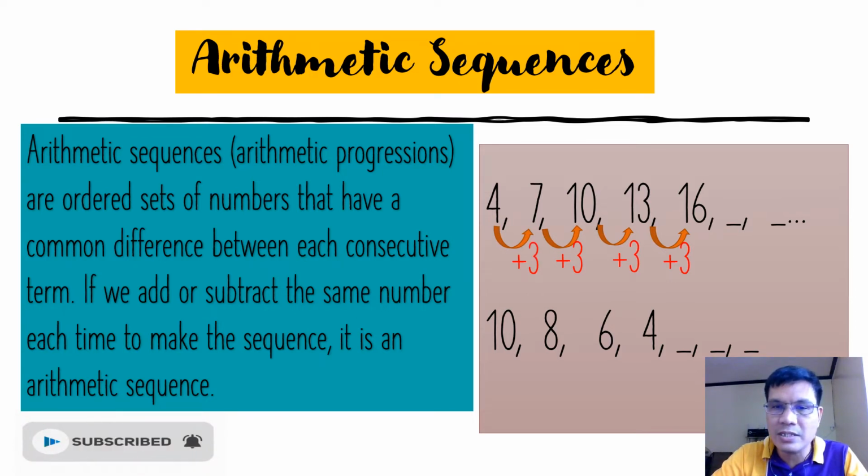4 plus 3 is 7. 7 plus 3 is 10. 10 plus 3 is 13. 13 plus 3 is 16. Or we just simply subtract 3 kapag naman tayo nag-start from the right. 16 minus 3 is 13. 13 minus 3 is 10. And 10 minus 3 is 7. So the common difference is